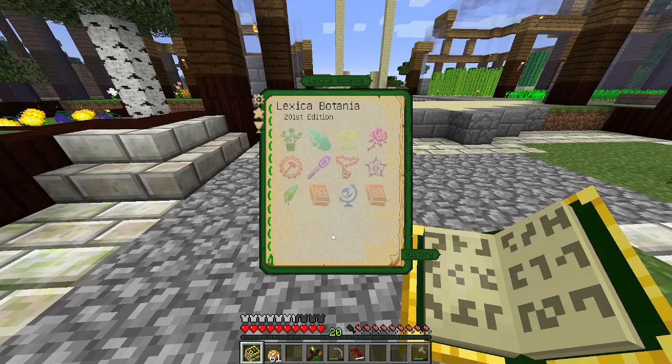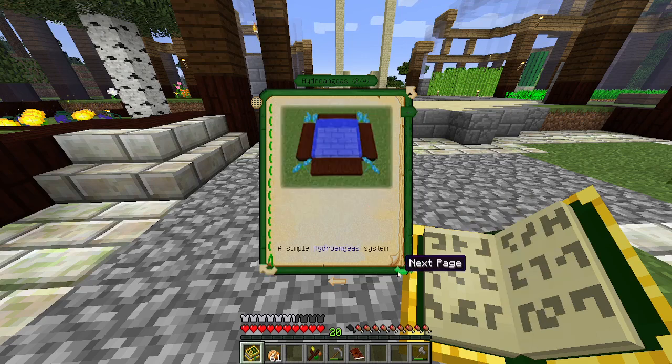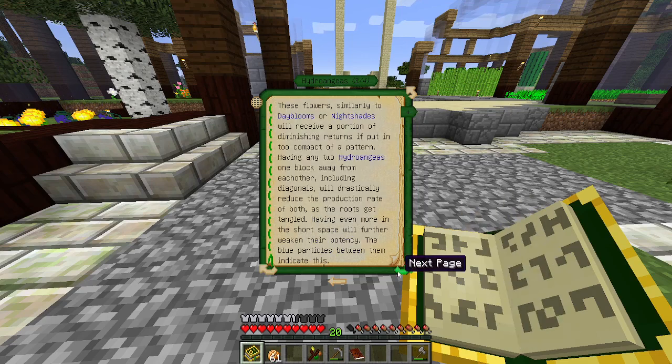Hydrangeas, the blue flowers. Generate passive mana, like day blooms. Will suck up any still water in a 3x3 area surrounding it on the same height, creating mana from it. These flowers, similarly to day blooms, having any 2 hydrangeas 1 block away from each other, including diagonals, will drastically reduce the production rate of both. However, having even more...